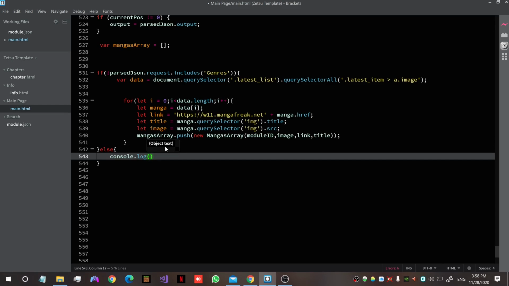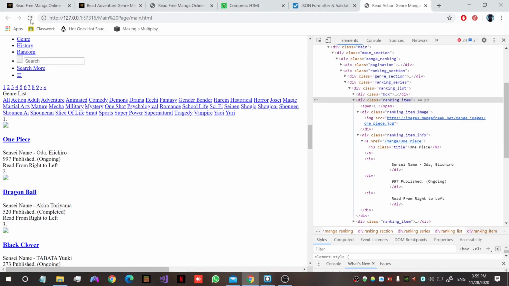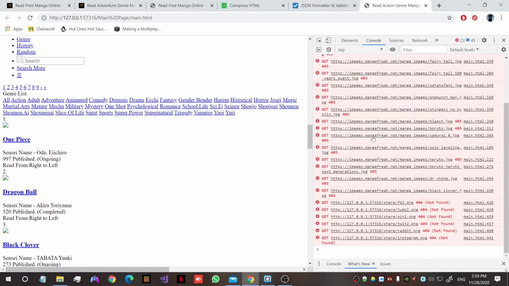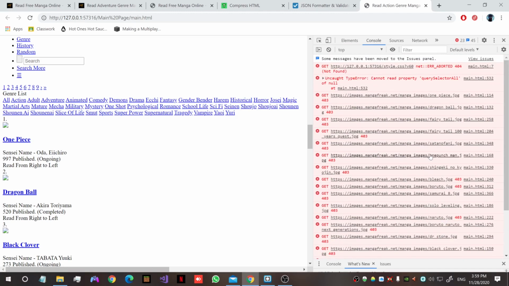We're going to say something like "works", just to make sure that it is using the else statement and not the regular if statement. So we go over here, and it says, let's check,